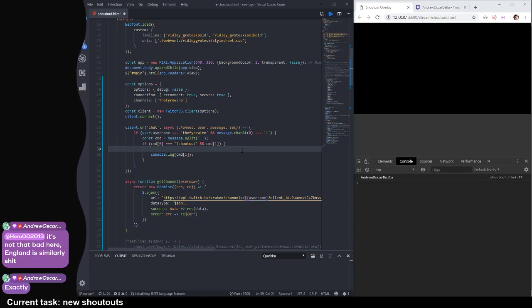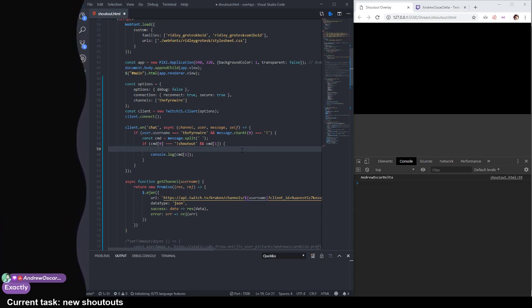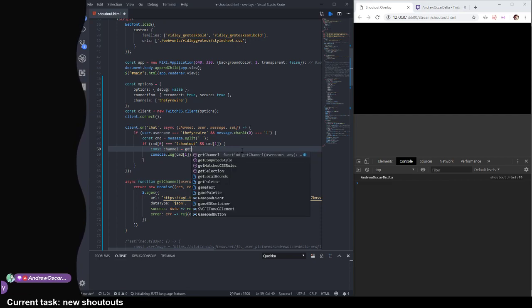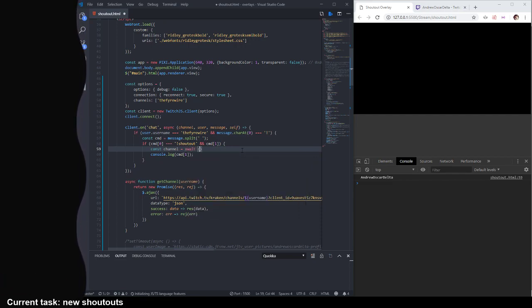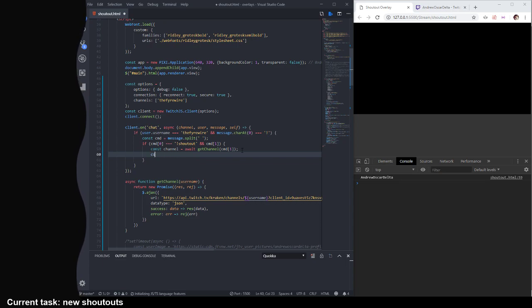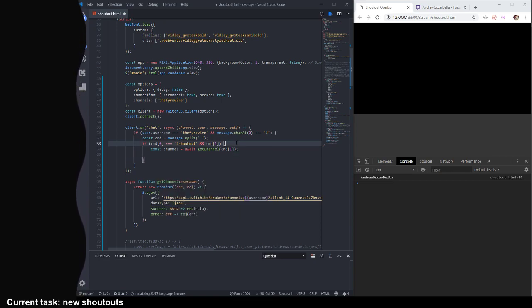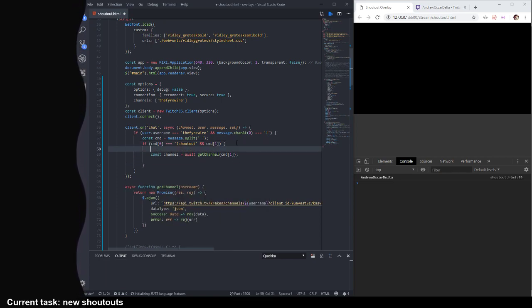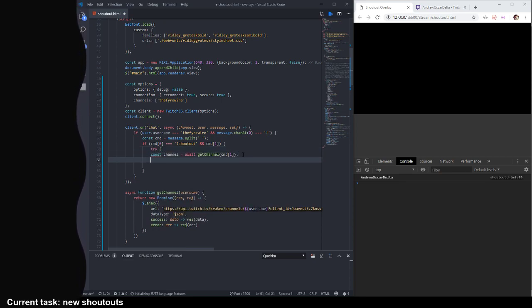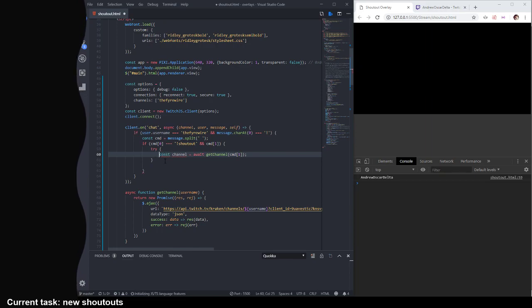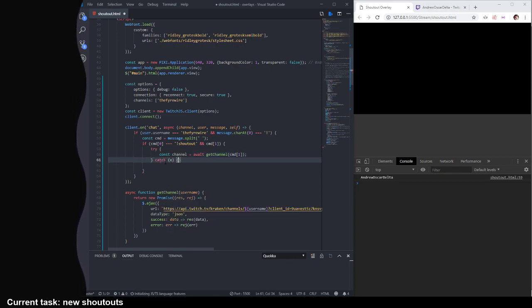Okay, so we have a get channel thing. I can do something like channel equals get channel on await, because we want it to wait for this API call to happen. And then the username, which is going to be 1. And then we should console log, or oh no, we need to try this because it might fail if the username is bad. So we should try to do this, and if it doesn't work, then post an error